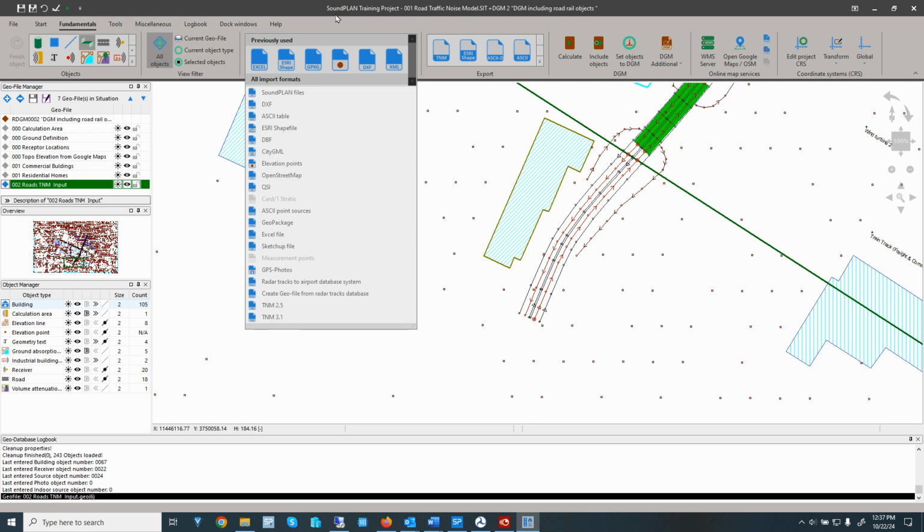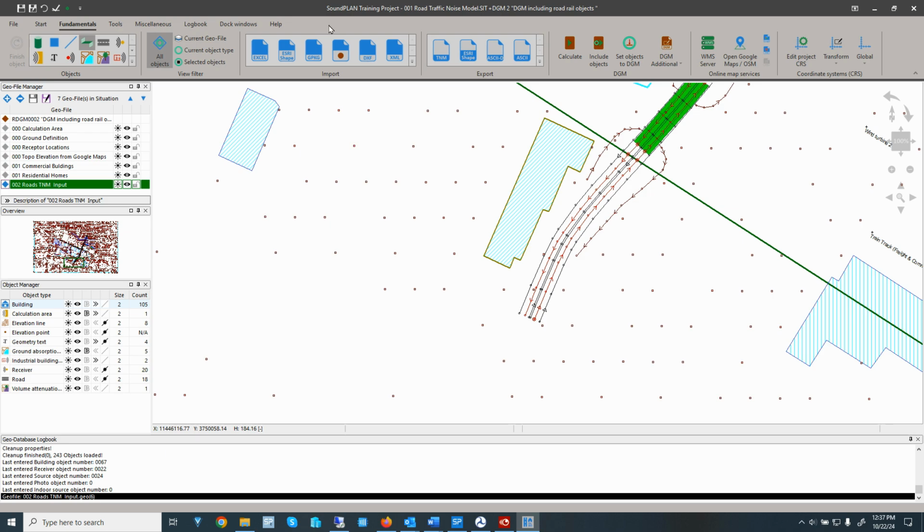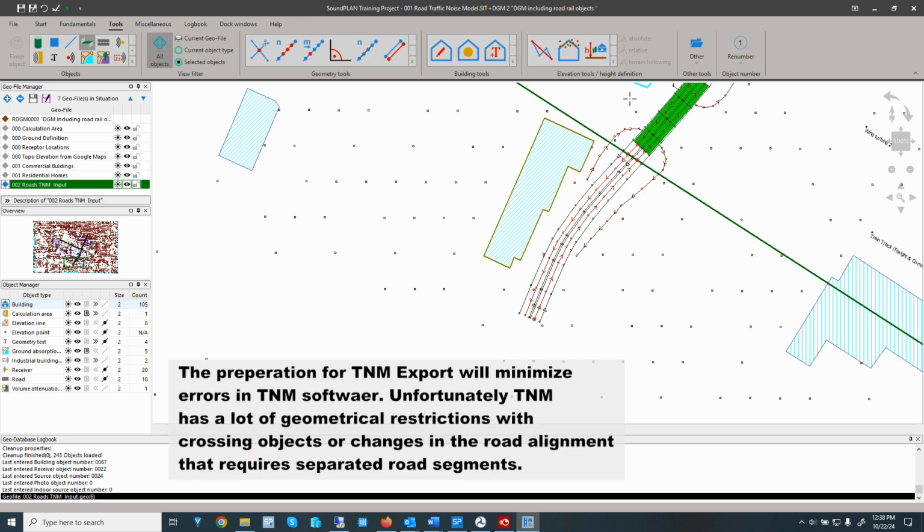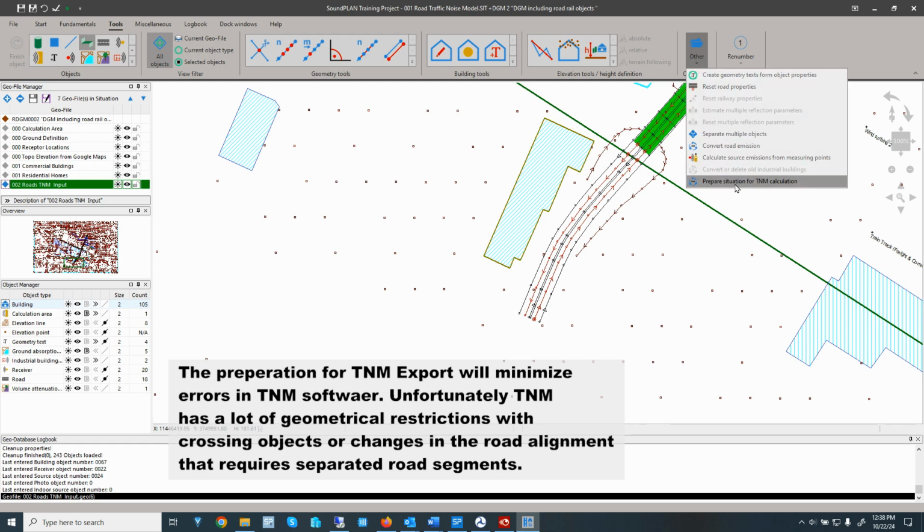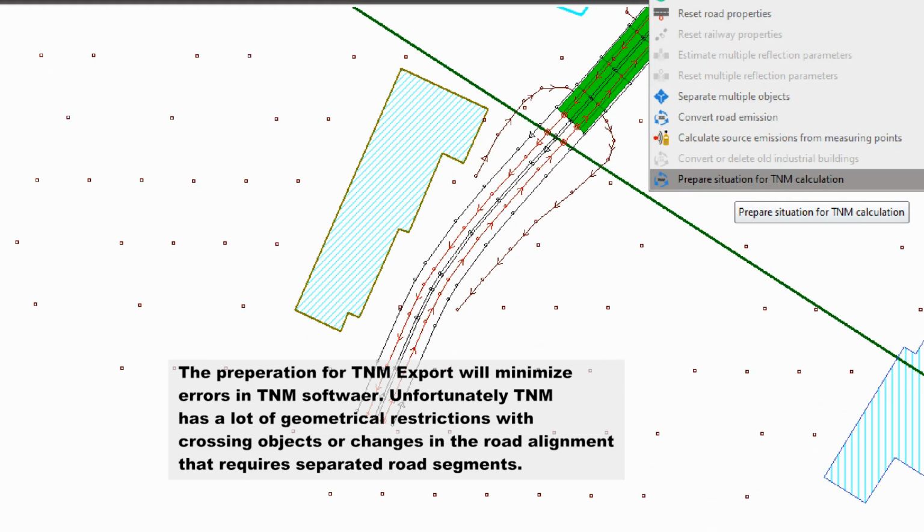Again, just to reiterate, before you export from SoundPLAN, make sure that you go into Tools, select your project, and prepare your project for the TNM calculation or for the TNM export. So here's prepare situation for TNM calculation.